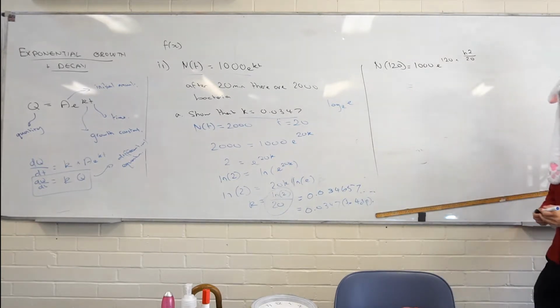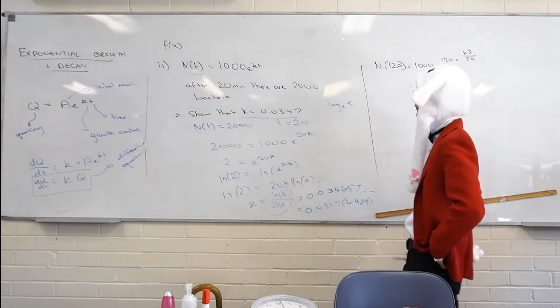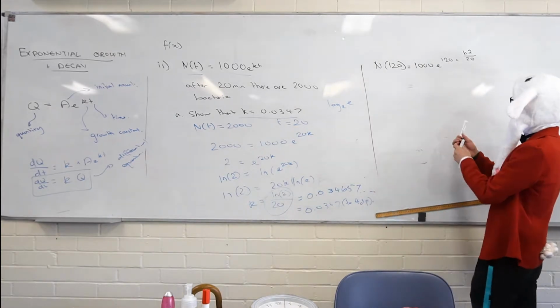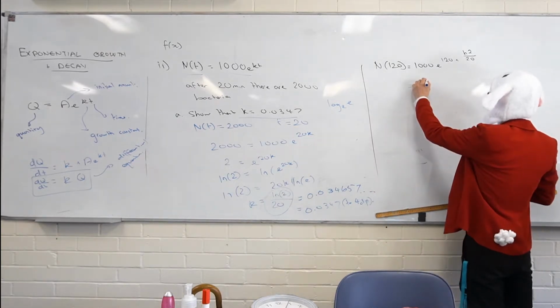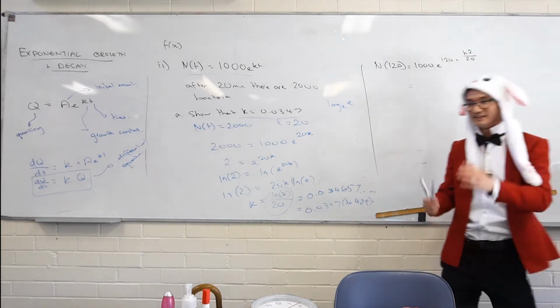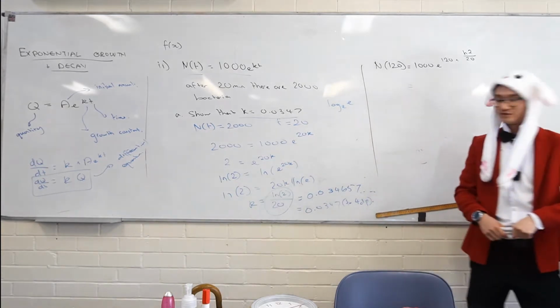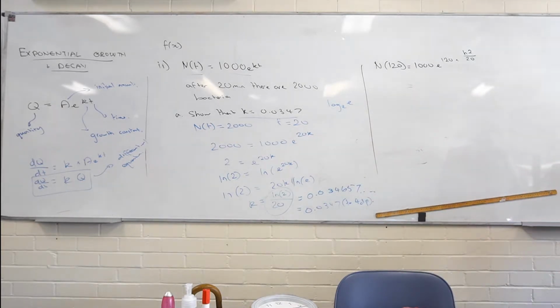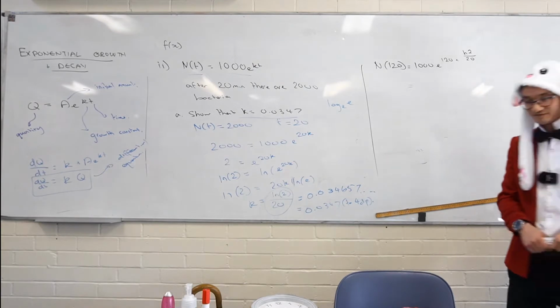Alright, let's calculate that out. Answer B, 64,000. Is that what we're getting when we put it in? Sorry? 6,000. So are we putting in the 0.0347, or are we using the... Which one are we using? I'll try and